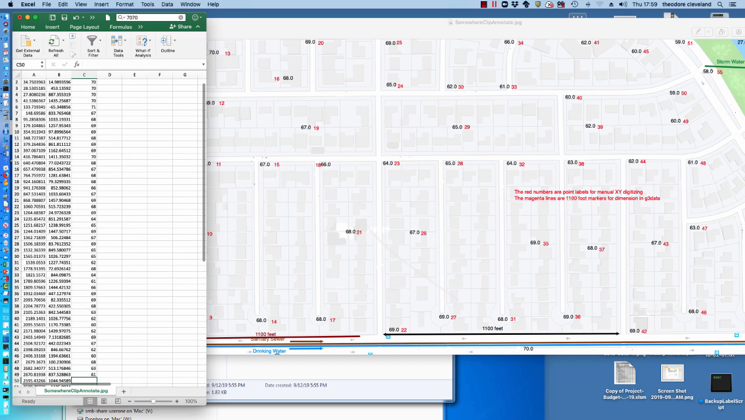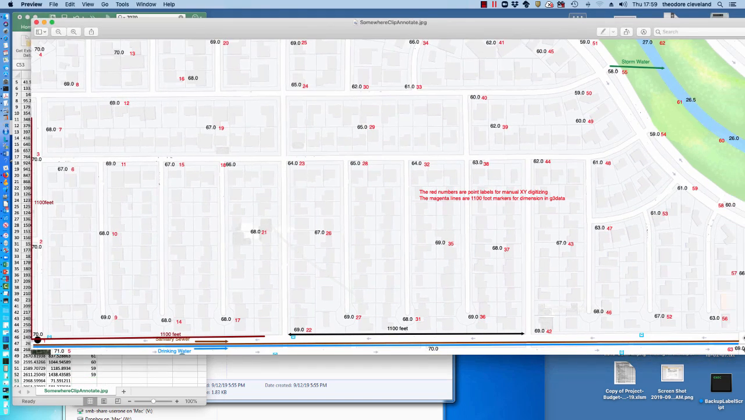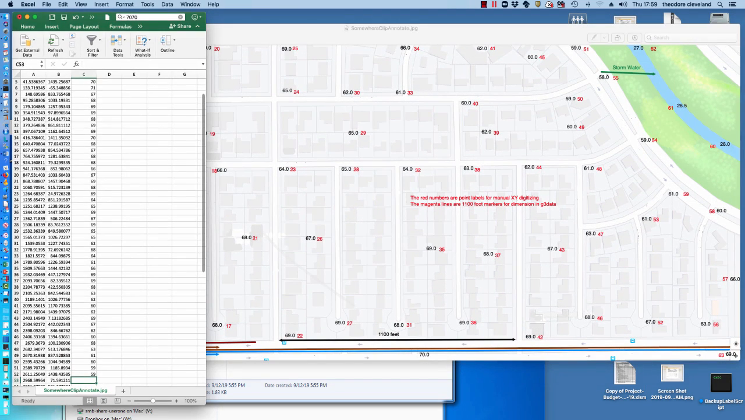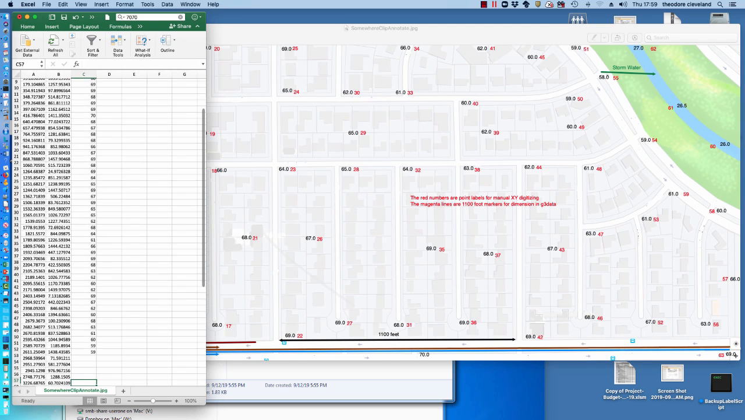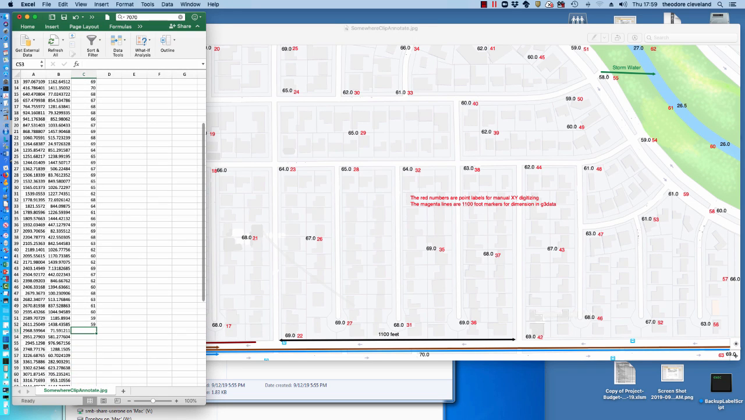43 is 67, which is what I think I'm at. Yeah, 43 is 67, 44 is 62, 45 is 60, 46 is 68, 47 is 63, 48 is 61, 49 is 60, 50 is 59, 51 is 59,